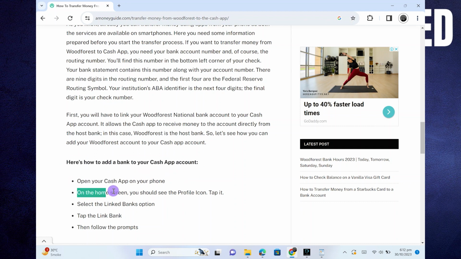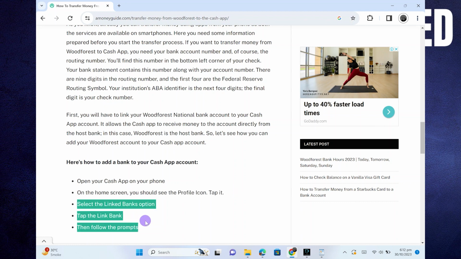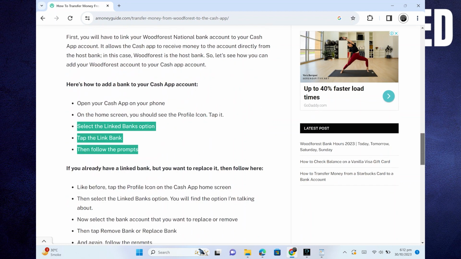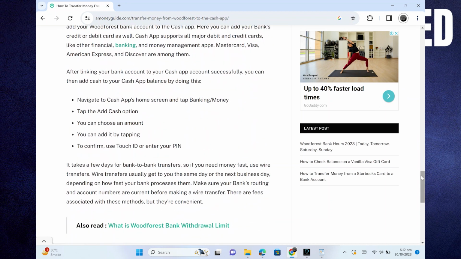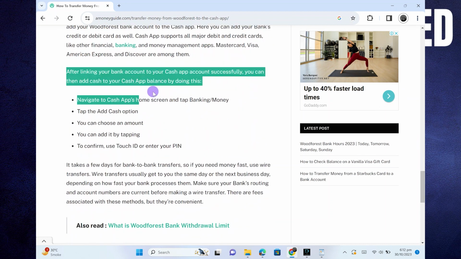On the home screen, you should see the profile icon. Tap on it. Then select the Linked Banks option. And tap on the linked bank. Then follow the prompts. After linking your bank account to your Cash App account successfully, you can then add cash